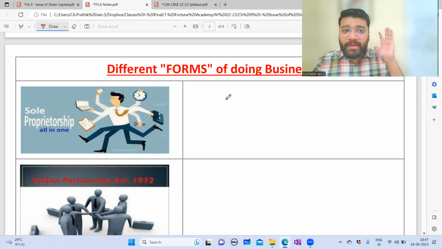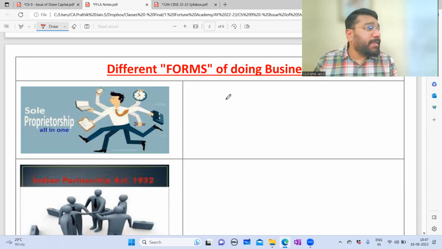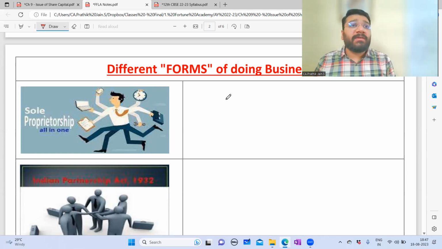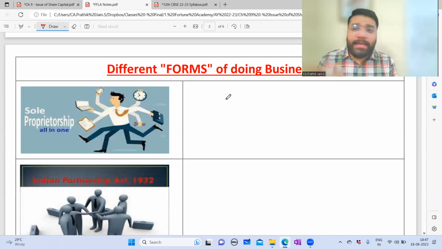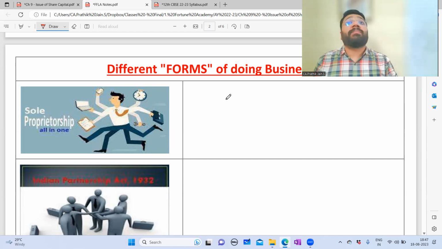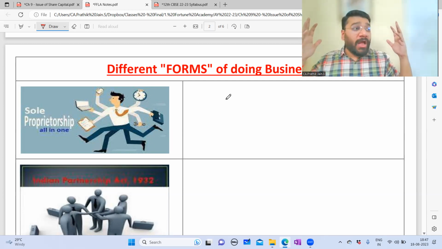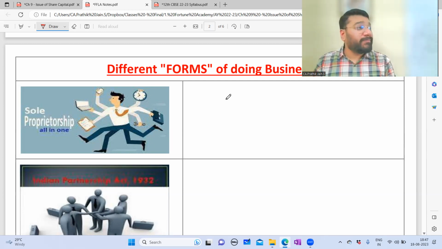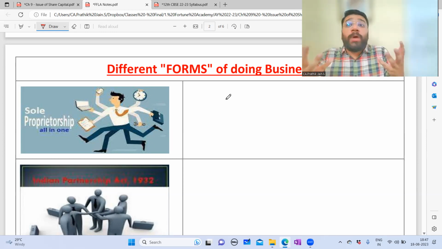Exactly the point. As a sole owner, you would have the capacity to invest, let's say 10 lakh rupees, 15 lakh rupees, 30 lakh rupees, 50 lakh rupees, or we can go 1 crore. But there are certain businesses where this 1 crore rupees is not sufficient. For example, let's say I want to construct 300 apartments. So to buy such a huge land, to construct that many floors, how much money is required? Is 1 crore sufficient? No. Then how do I pool money?